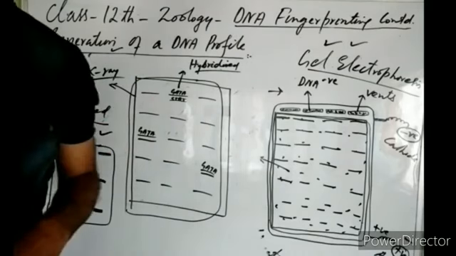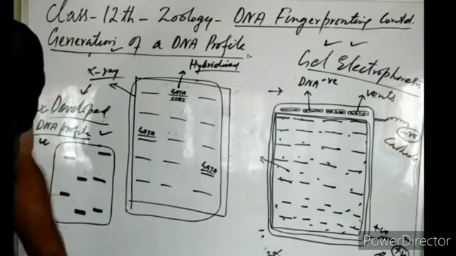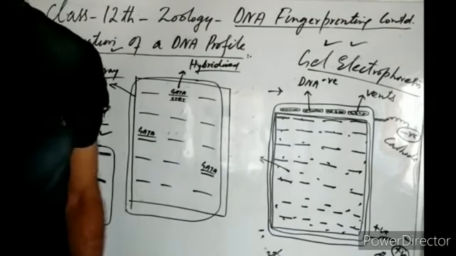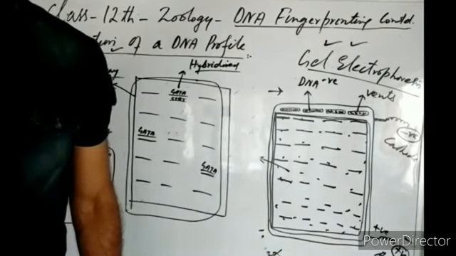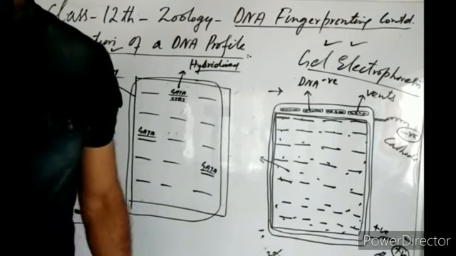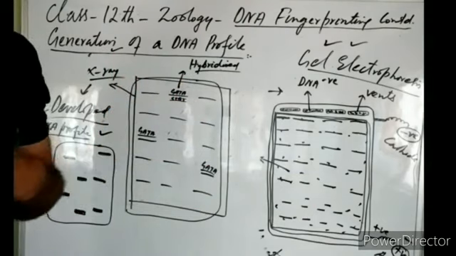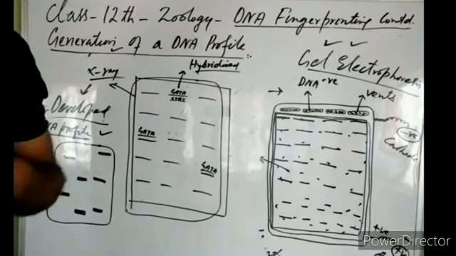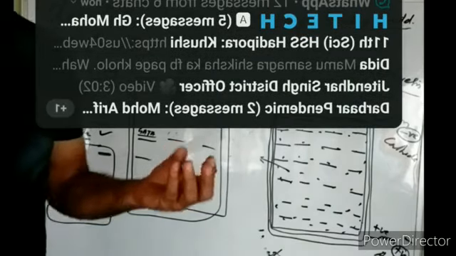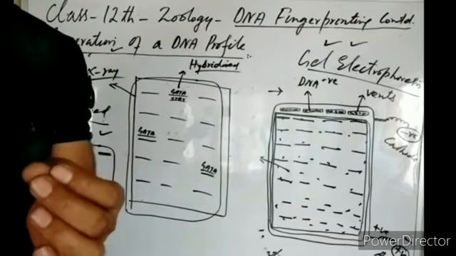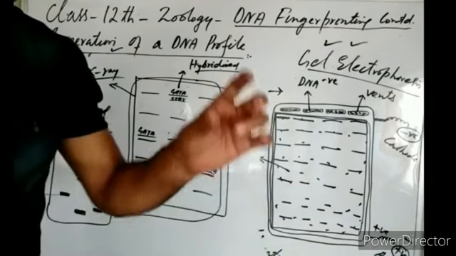Similarly, there are some paternity disputes. A couple is married, they produce a child. After some time, the father says, I'm not sure whether this child is mine or not, right? The father makes a claim that he is not sure this child is his. He suspects his wife, right? So a dispute arises. This dispute can also be solved by DNA fingerprinting. How? They take a DNA sample from the father, they make a profile of it. They take a DNA sample from the offspring, they make a profile of it.